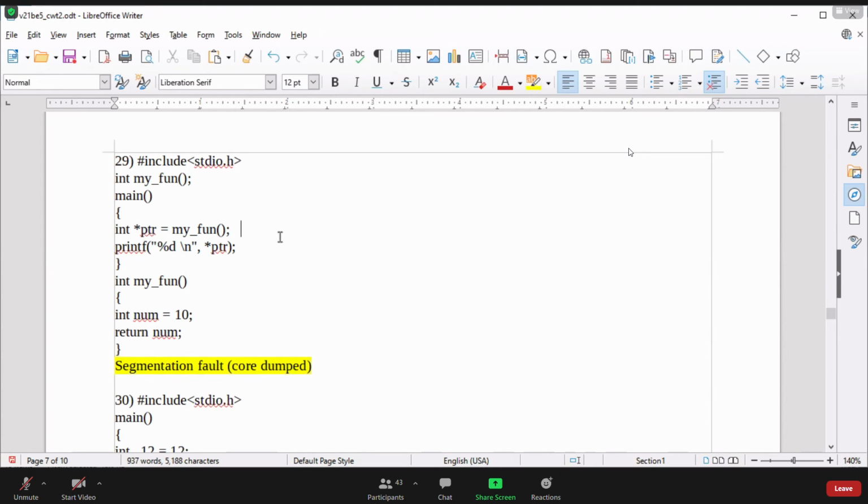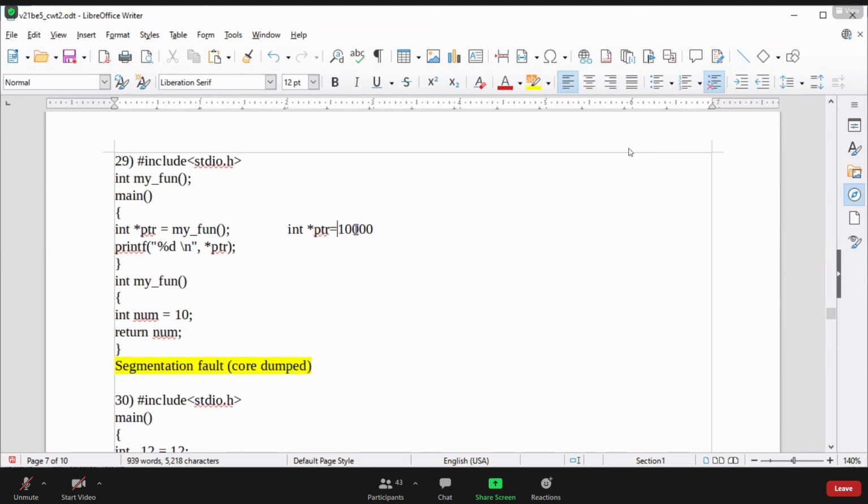What very basic concept can we say? If we write int star ptr is equal to 1000, and if we try to dereference that pointer, in that case we can say the pointer is pointing at an unknown location. Actually, unknown location also we can't say, it's 1000. The concept here is that the user or programmer can't provide an address to the pointer. That is not a valid address, or a correct way to work with a pointer, and that's why it is going to generate a segmentation fault. This is not a valid location.